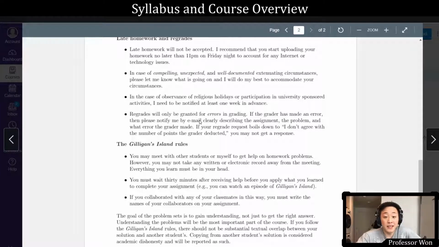And about regrades, I'm only going to consider a regrade if there is an error in the grading. Okay, the graders are human. The graders make mistakes sometimes. So if there's an error, then send me an email clearly describing which assignment, what problem, and what error you think the grader made. If the grader made an error, I am more than happy to correct it. But if you have a request that's basically, I don't think that this error is worth 5 points, then I'm basically not even going to respond to you, because